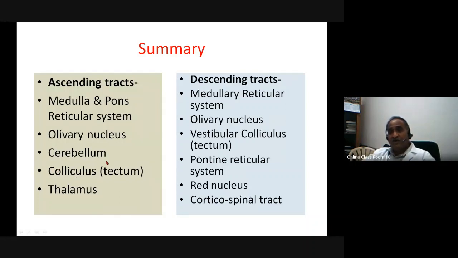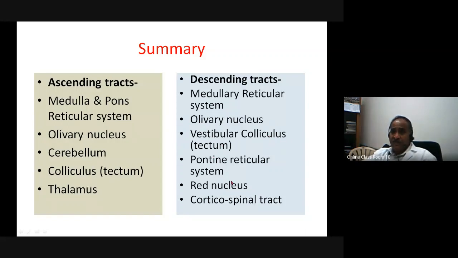Then the collicular nucleus. These are the areas where it ascends into the thalamus. All the sensory modalities, excepting the olfactory system, reach the thalamic areas. So these are the ascending tracts. So that means you can talk about a spino-reticular, that's medullary, spino-pontine. So this is about ascending tracts. Now we have the descending tracts. They are coming from the medulla, from the pons, from the olivary nucleus, from the vestibular colliculus,